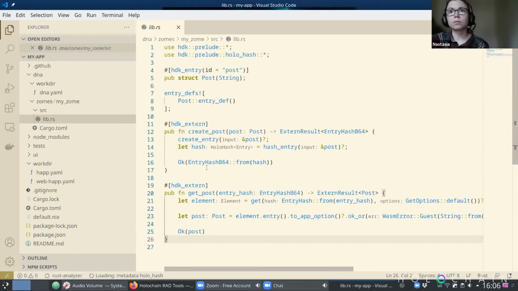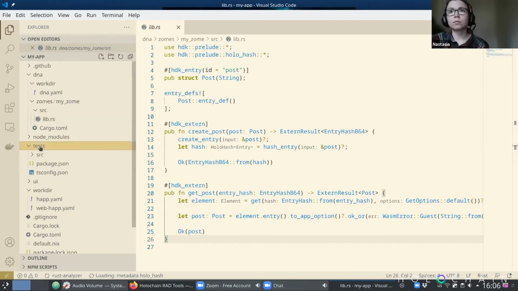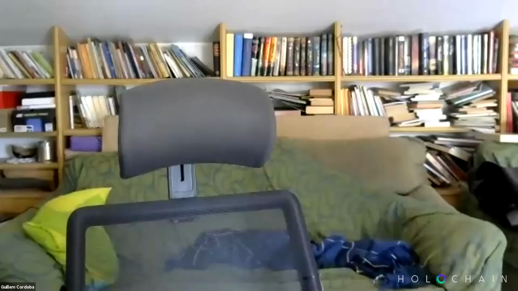So we are only able to create an entry and then retrieve the entry. So let's see what kind of tests we have generated for that kind of logic. Going back to